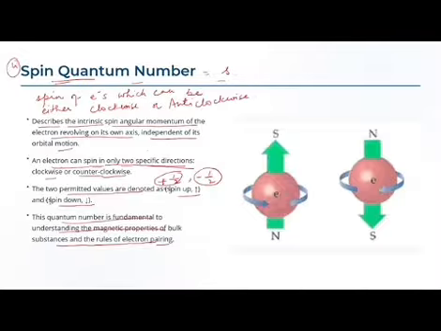And this spin can be represented as plus half and minus half. So for an electron, the values of s are equal to plus half and minus half. Clear? This is the fourth quantum number, that is the spin quantum number, that tells us